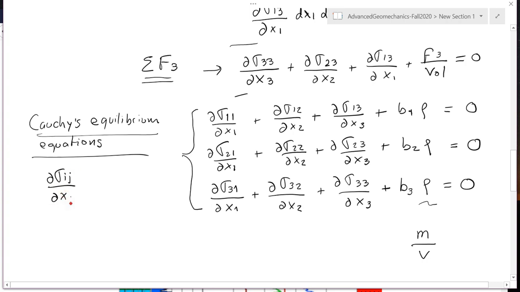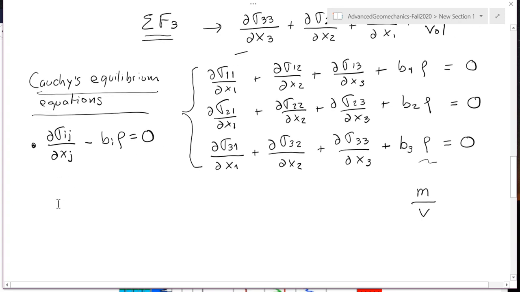A partial derivative of the tensor, and this is written in what is called index notation. I'm not going to ask you to learn this right now, but as we continue with the class, you will get a little bit more familiar with this type of writing equations in 3 dimensions when there are many indices, and it can also be written in more of a vectorial form where the divergence of the stress tensor